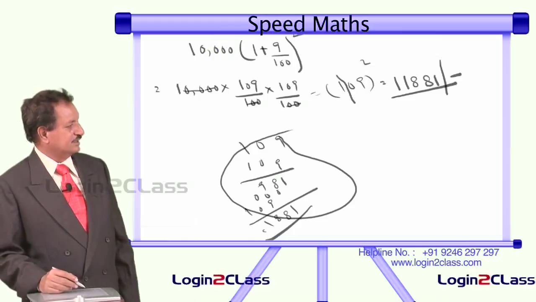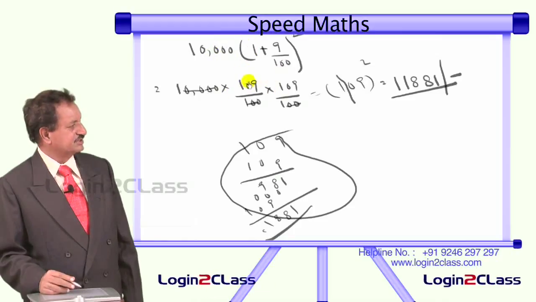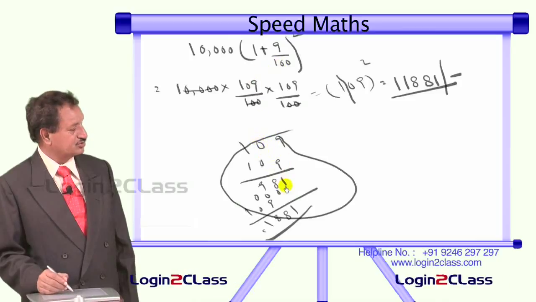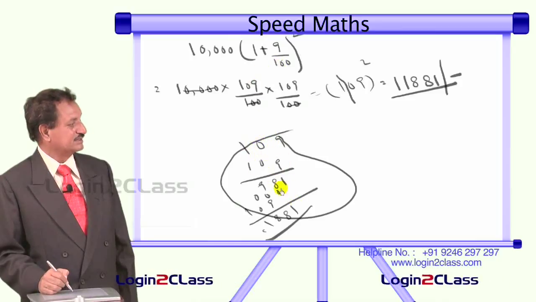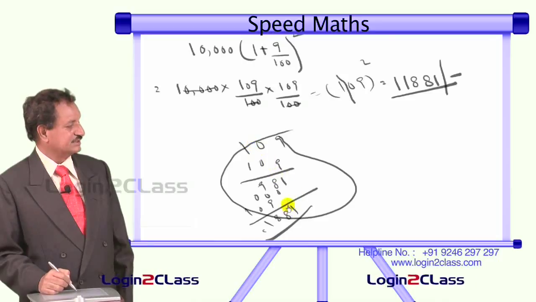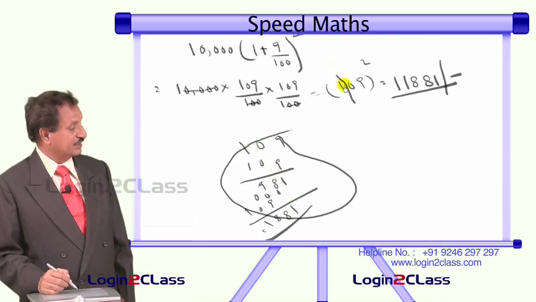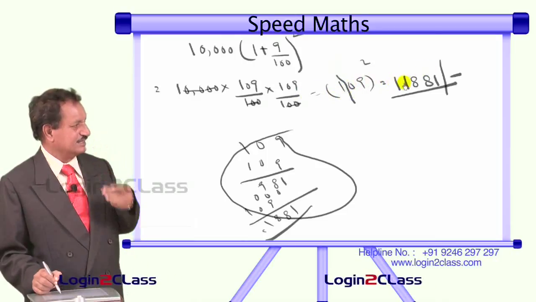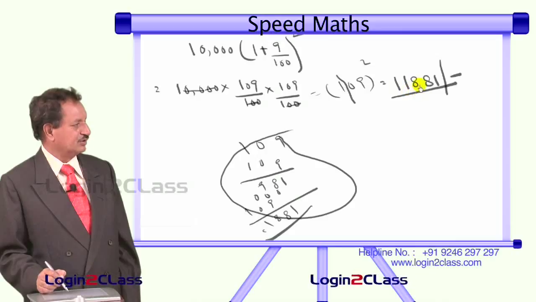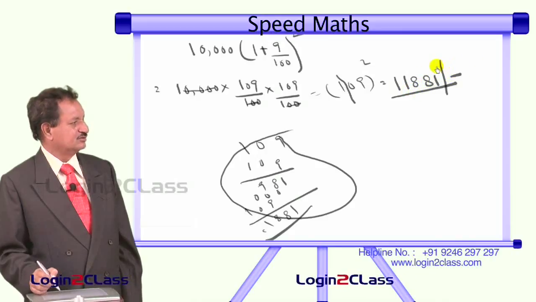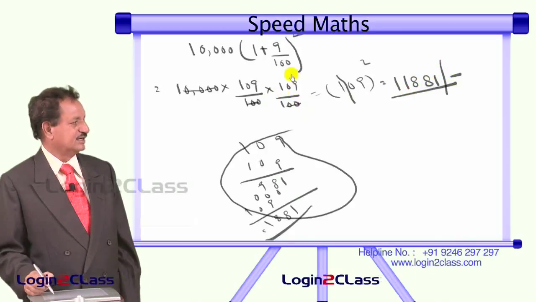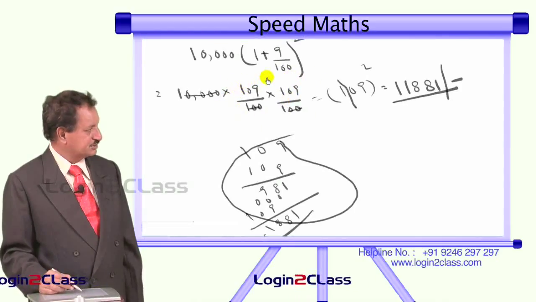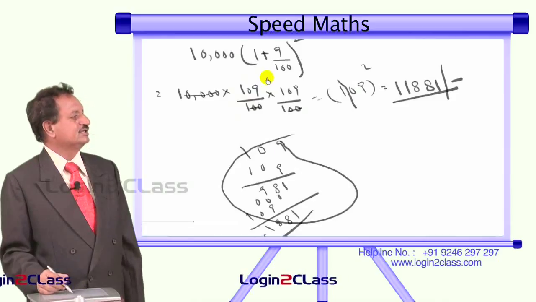So here the entire problem is easy. These things can be done in speed math or ordinary math. But here when you are supposed to square 109, the problem lies. Here you have to multiply like this, you have to check it, recheck it, you may not have confidence whether it is right or wrong. All these things do not come here. Simply 9 9s are 81, 2 into 1 into 9, 2 9s are 18, 1 1. So the answer is 11,881 rupees. Like that you can use speed math. Here we have used speed math for squaring 3 digits.